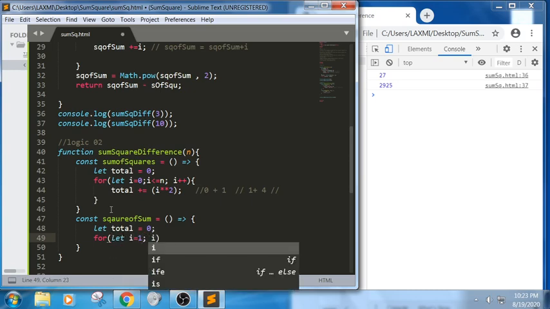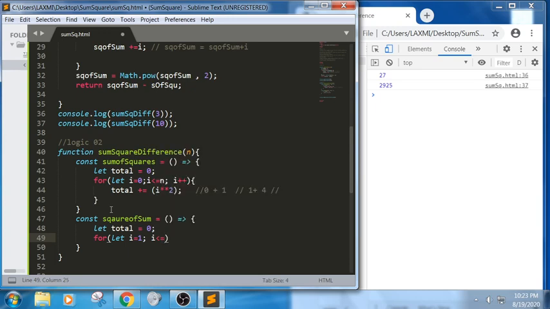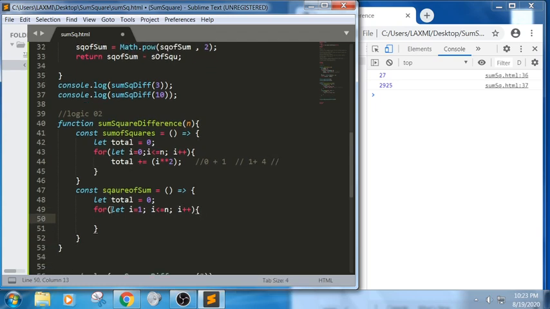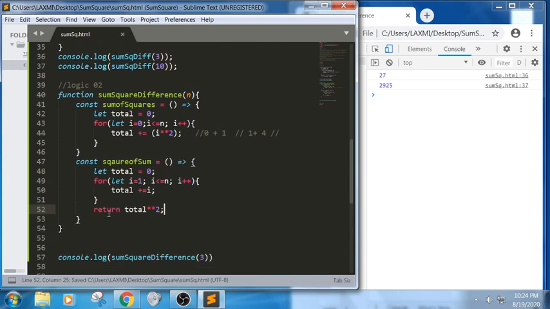We are trying to iterate the values, nothing more we are doing here. Based upon the values we get, we iterate with i plus plus. So it is the same as the for loop we did in the first logic. Next, total plus equals i, and then total star, the exponentiation operator we used in the previous one, it will try to return